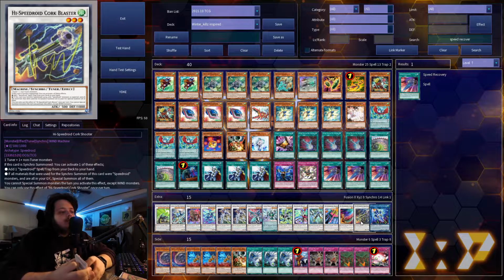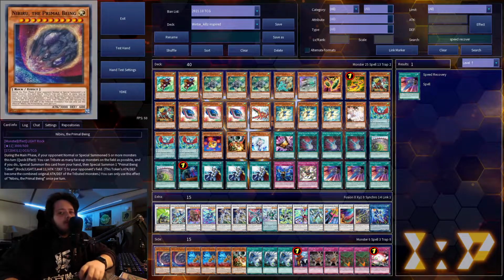And then the side deck, changed it up a little bit. 2 copies of Nibiru, because drawing Nibiru going second hurts. It's just a dead draw. So we play 2. If we see it, we see it. If not, it's a cross-out target, because our deck hard loses to Nibiru most of the time unless we have